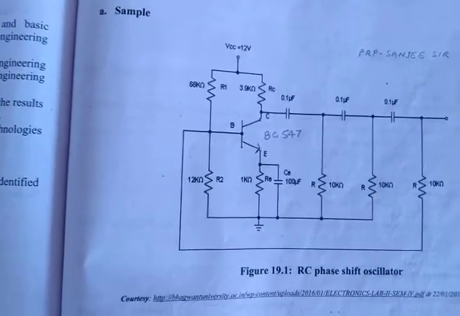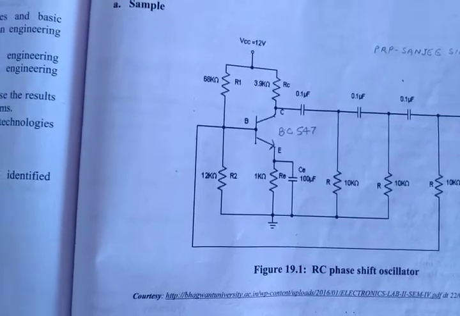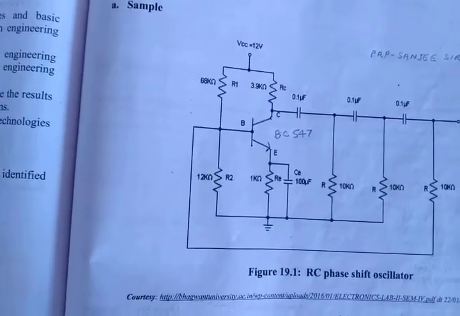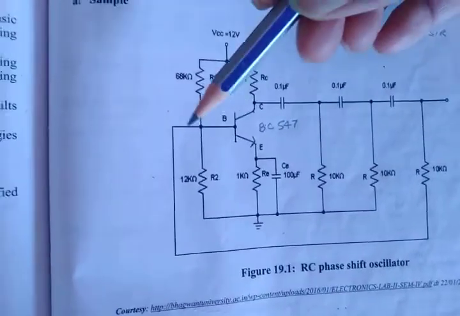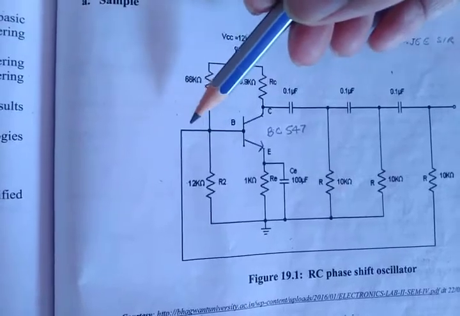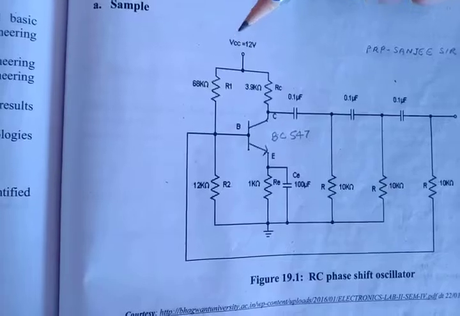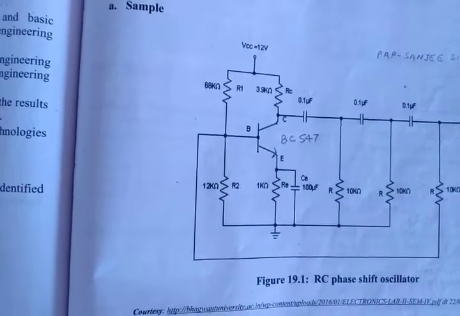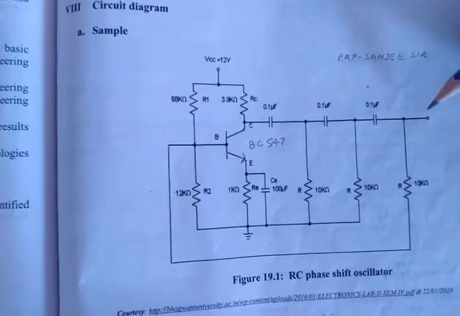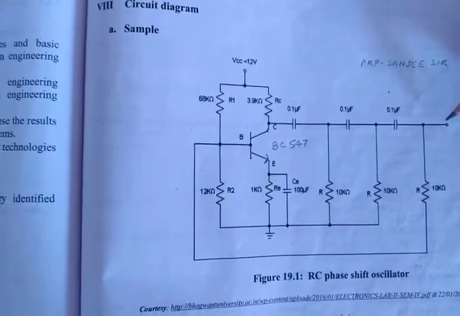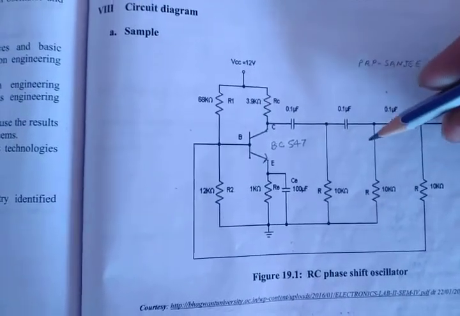So the minimum theoretical background that is required is that we know that an oscillator is an electronic circuit used for generating oscillations with a DC biasing. So there is no input signal, no sine wave input signal to the base of the transistor, but only this DC biasing of 12 volt given here, VCC plus 12 volt. The frequency of the generated signal is decided by the RC component, by the circuit element.